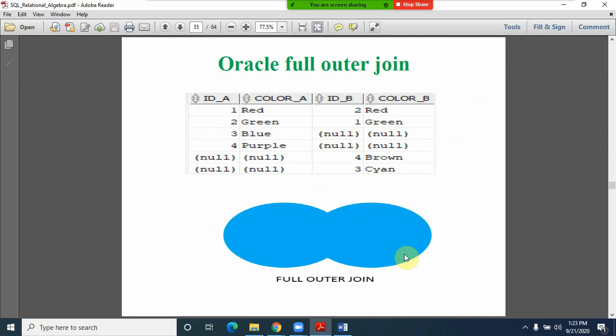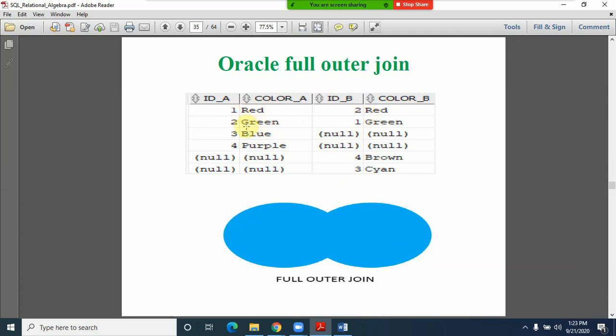Now let us have a look at this. As I mentioned earlier, it is a combination of the left outer and the right outer. You can observe a slightly different kind of output.